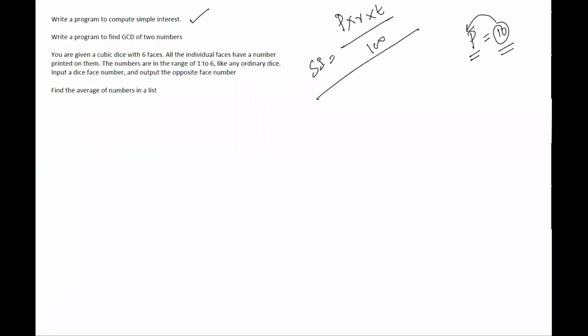But Python is a dynamically typed language. So whatever value you assign, the variable data type will be the same as the value. If I say p equals to 10, this value 10 is what? It is an integer. So the data type of p will become integer automatically. You need not specify those things. So all you have to do is p equals to 10.